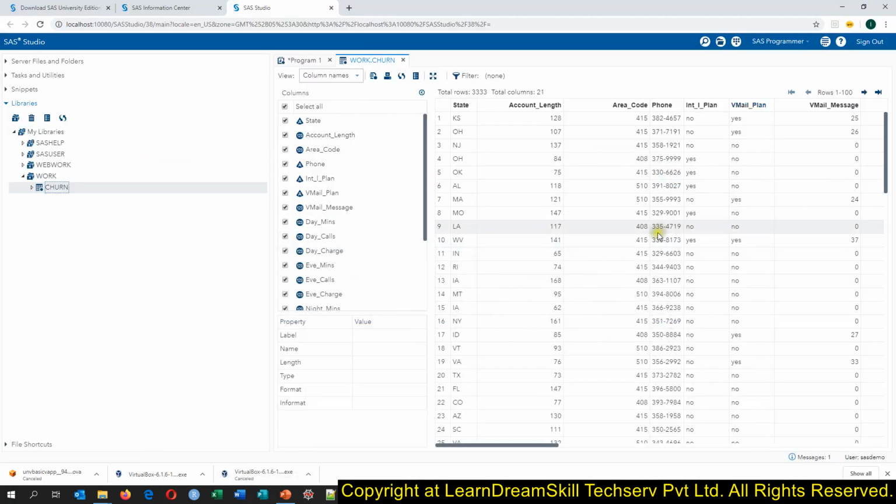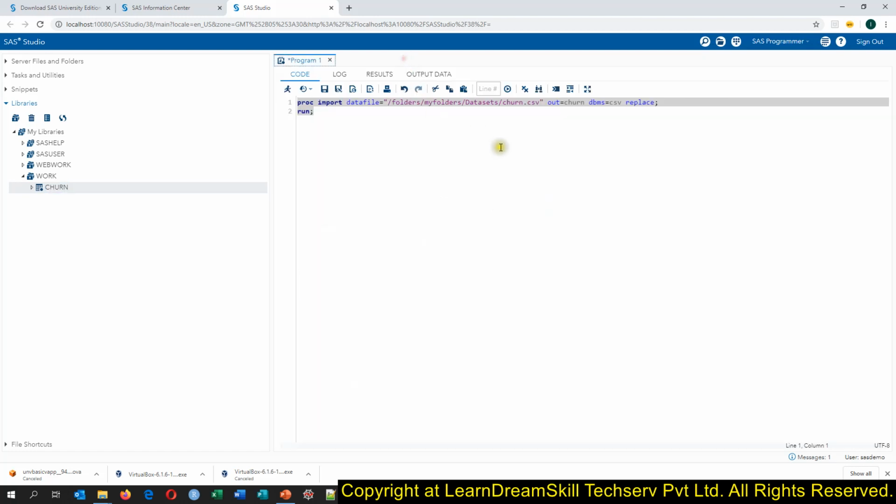So the view is different, whereas you are able to see the same data as we have here. That is why I was saying SAS is free to learn, but it is paid for the companies. So you just learn it, and whenever you get the job, the company will pay for that. You will not have to pay for that. Don't listen to anybody saying that you should learn Python because it is free and SAS is paid. For learning purposes, everything is free, and no company charges you for the software. Okay, so we can close this. Now let me show you a few more things.